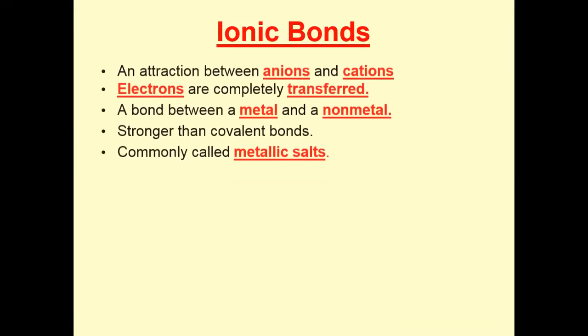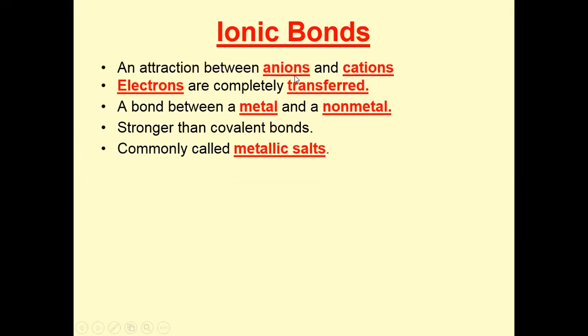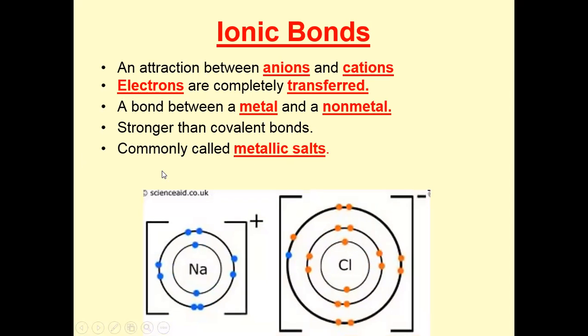For ionic bonds, there is an attraction between anions and cations, and electrons are completely transferred. It is a bond between a metal and a nonmetal, stronger than a covalent bond, commonly called metallic salts. This is the case of sodium chloride